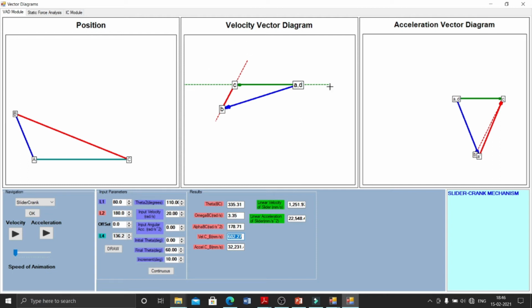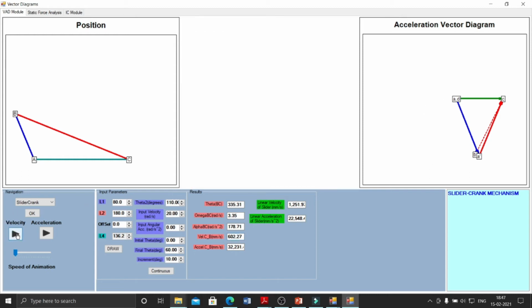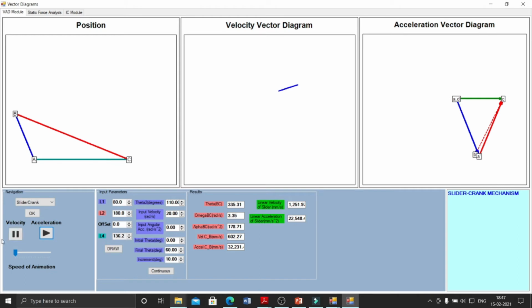This is its velocity diagram and this is the acceleration diagram. Now I want to see the simulation. Just click on the velocity. Here you will find its simulation. First of all, you need to draw one line which must be perpendicular to AB. Next, you need to draw one line perpendicular to BC, with a line color code, so we are drawing this red line. That means the red line is perpendicular to the connecting rod, and this horizontal line is along AC. This is for the slider.